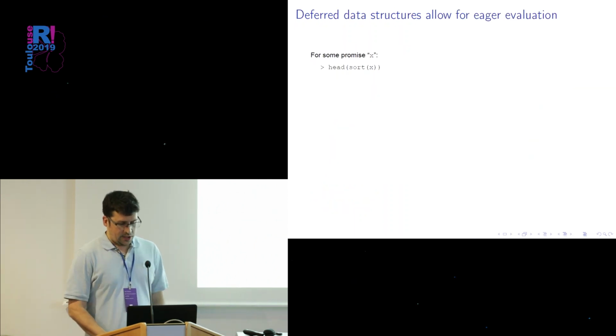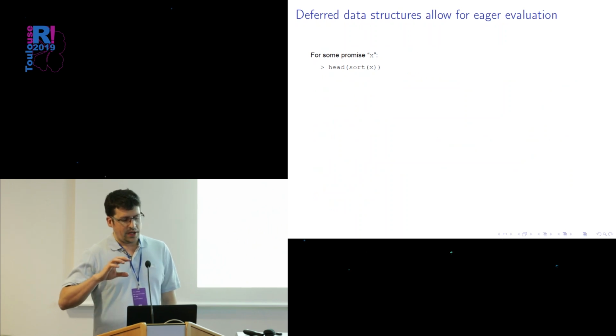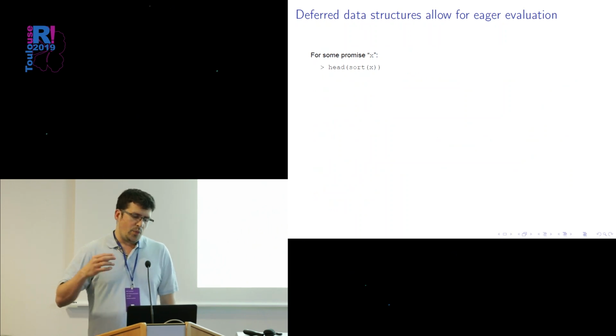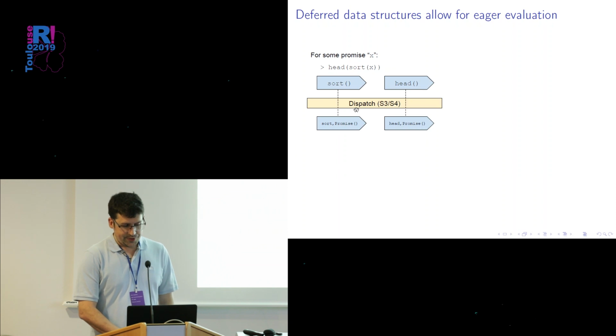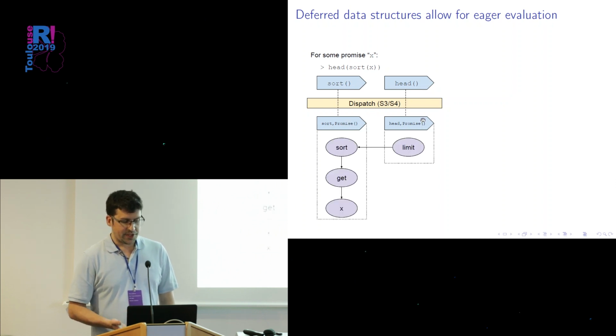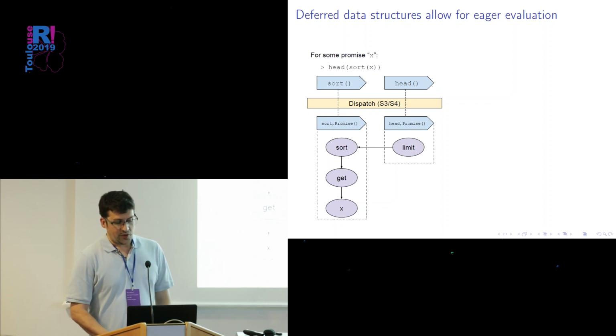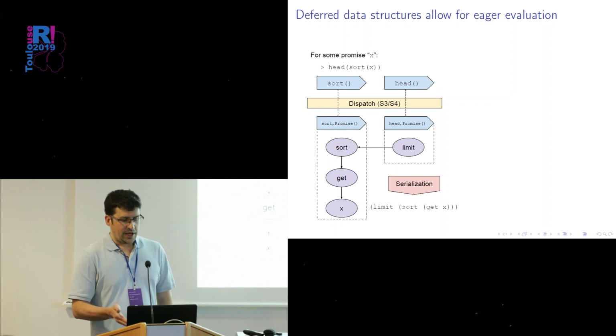All right, so the idea here is, what we're kind of doing though, is this idea of a deferred data structure. So we have objects that are promises, and what happens when you type this expression, you'll end up dispatching, these are all generics, and so you'll end up dispatching on this promise type, and it'll call down to these promise methods, which builds up this computation, and then just lets us capture that, rather than actually doing the work, and then eventually you'll serialize it to this form, and then this is the Hail language, it's a Lisp-like syntax that you actually send